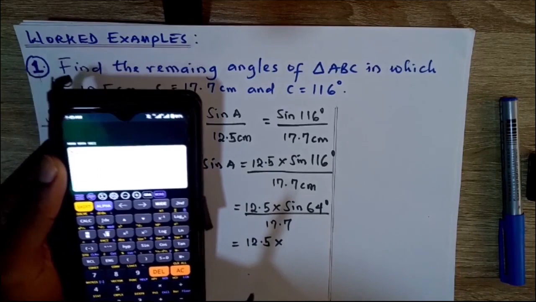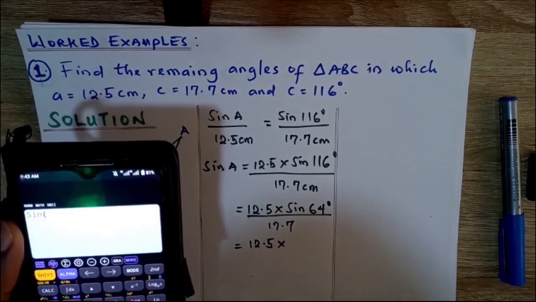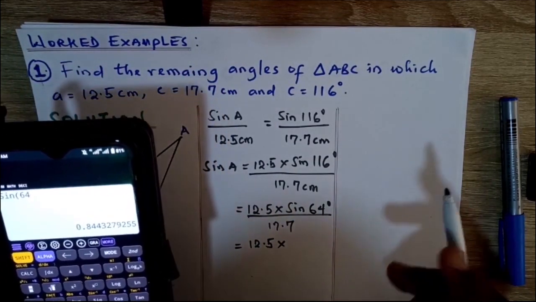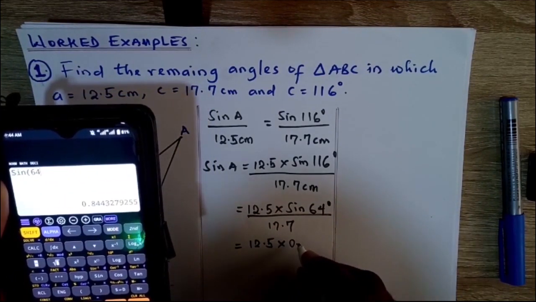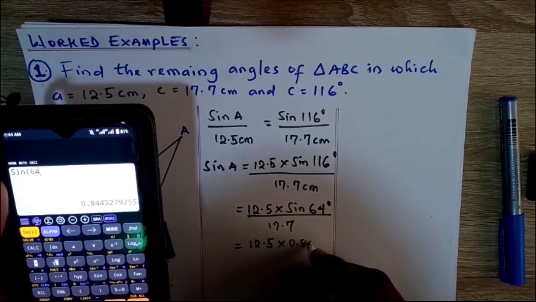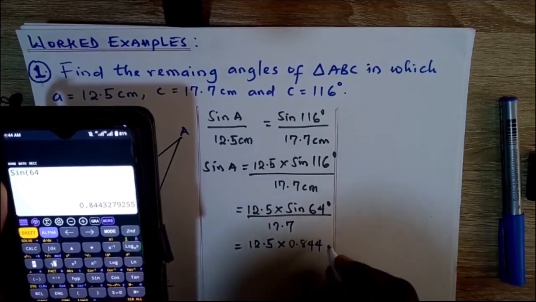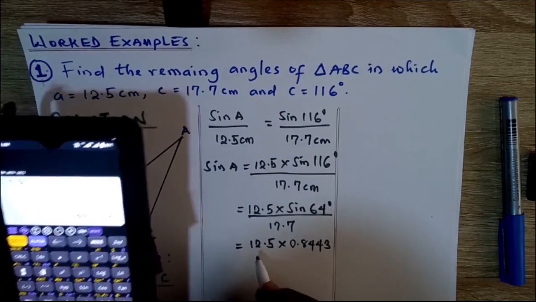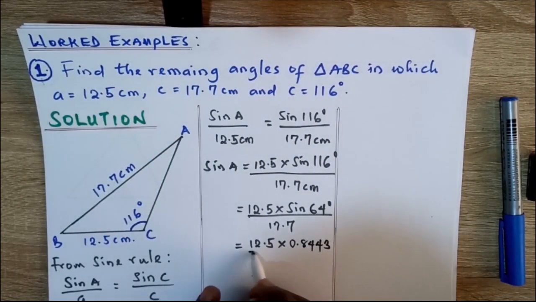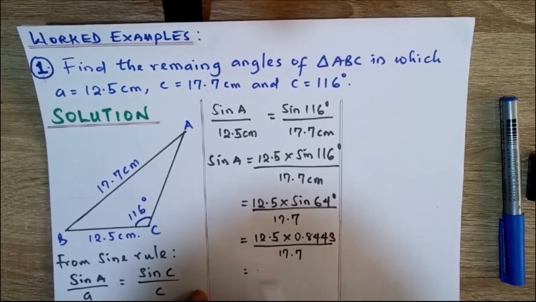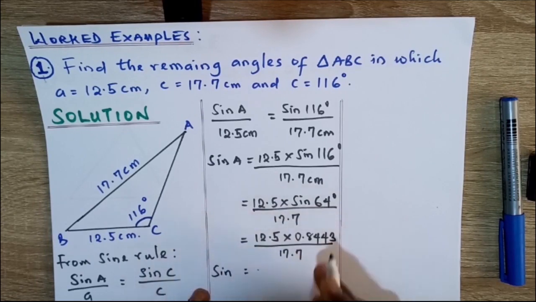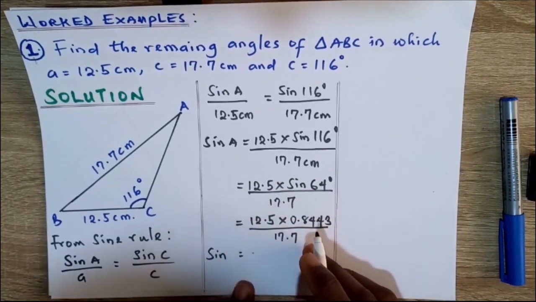Sine 64 degrees is 0.8443. Let's take that to 4 decimal places. Multiplying 12.5 by 0.8443 and dividing by 17.7 should give us